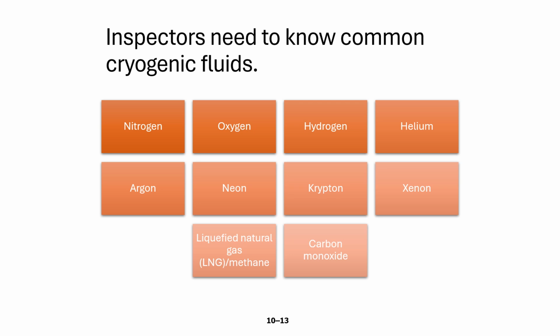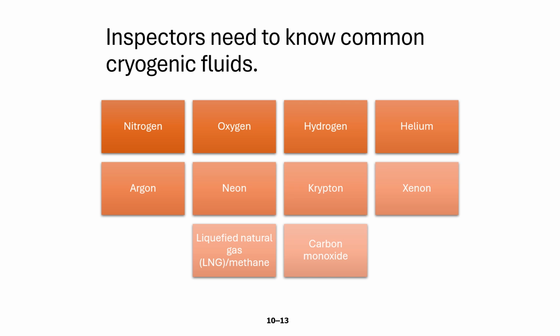We'll see that in the medical area. A lot of different applications, all depending on what they're trying to create and the ability to store more gas in a smaller type of container is one of the reasons why we convert them to